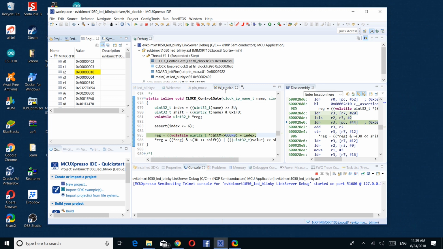So this is just one idea of Windows based debugging to this particular ARM based platform board from NXP, and